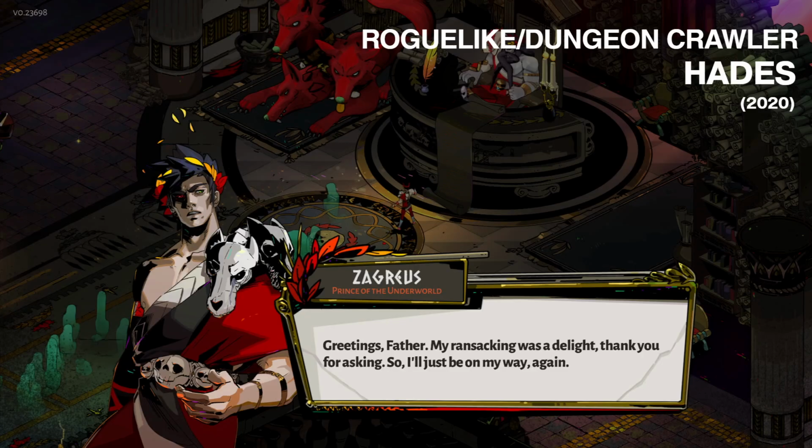Alright, our next genre is roguelike or dungeon crawler. So I know you guys like playing games like Legend of Zelda, some games where you have to go into dungeons. Maybe you guys have heard of Minecraft Legends as well. That's another example of a great roguelike or dungeon crawler that Minecraft has made. The roguelike name came from a game called Rogue, which came out in the 1980s and was the first dungeon crawler type game.